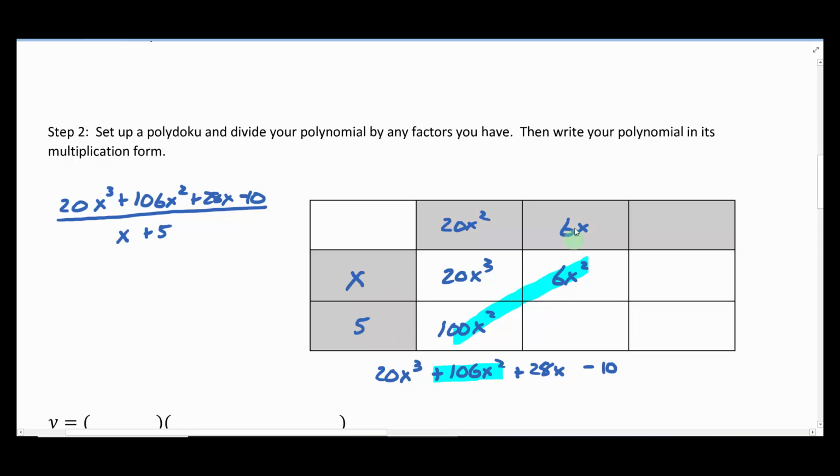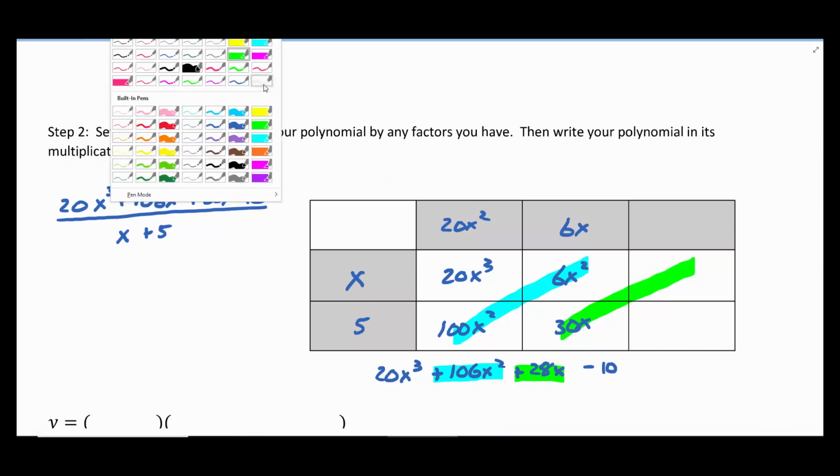And then we can multiply down. So 6x times 5, that's 30x. And then again, we'll use our diagonals. All right, so we know the x's are going to be contained in this diagonal. I've got 30 x's. I need 28. So I've got a little too many, two too many to be exact. So we're going to need a -2